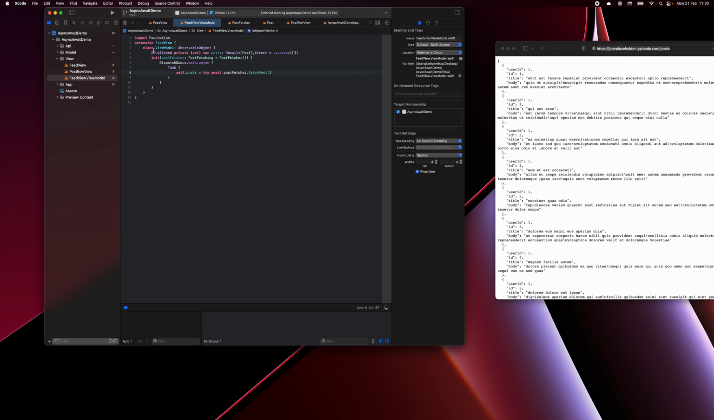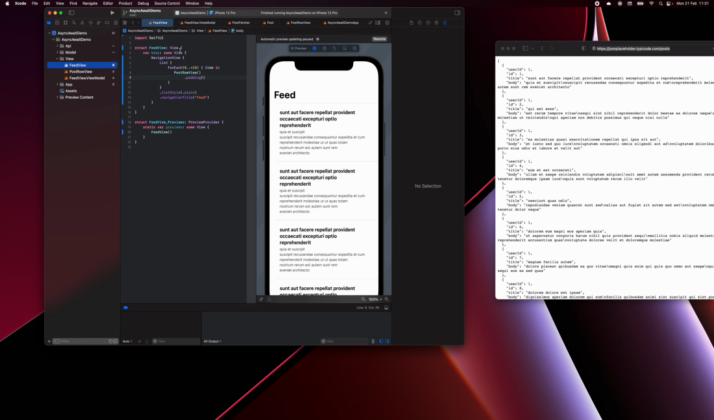Now it's a published property, so it can inform the view model, where we're using it, that a new value has been published. Instead of using this, we can just make it equal to this, as we are in the initializer and we are initializing its value. So if you go back to the feed view model, now we are requiring an